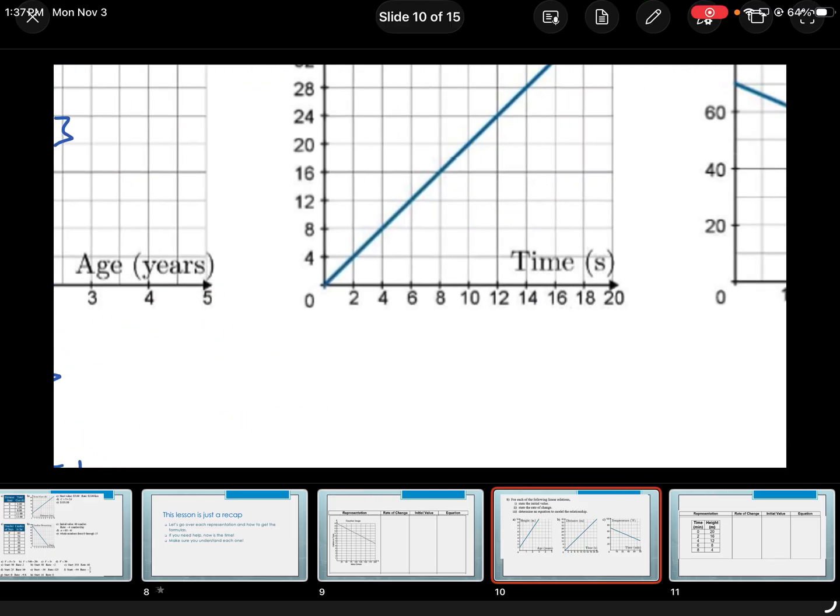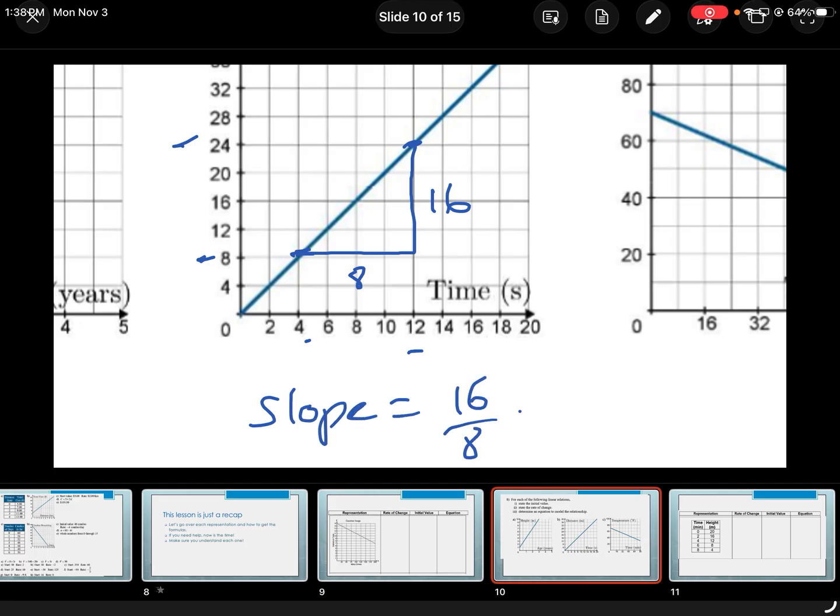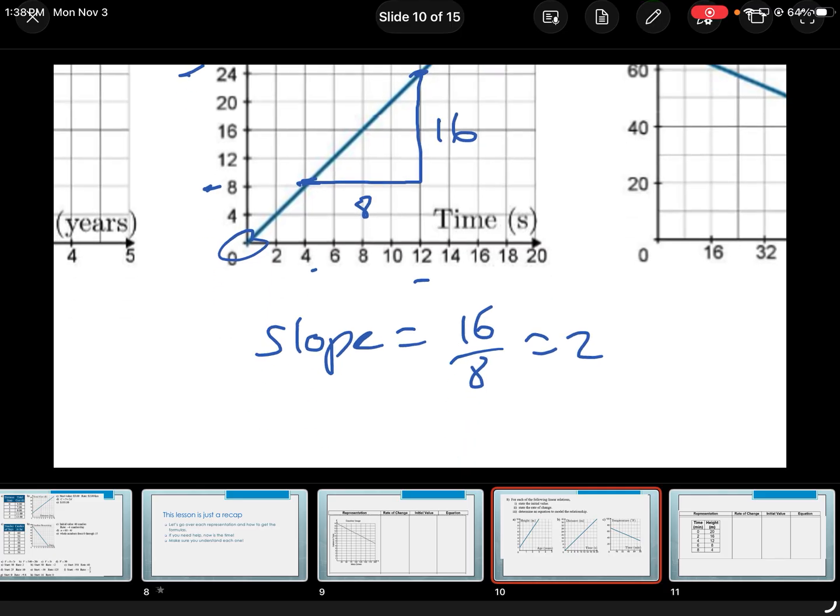Cool. What about this one? Slope, I don't know, this point here and this point here. Notice how I don't actually care as long as it's on a nice point. We went from 4 to 12, that's 8. We went from 8 to 24, that's 16. So my slope is rise over run is 16 over 8, which is 2. My initial value is 0. So my equation of my line